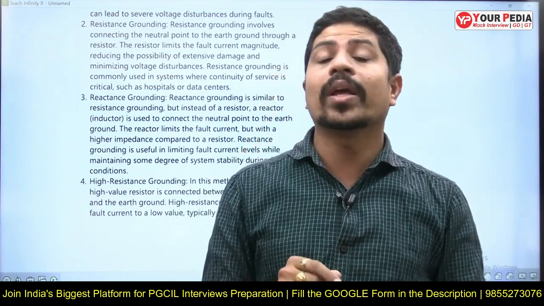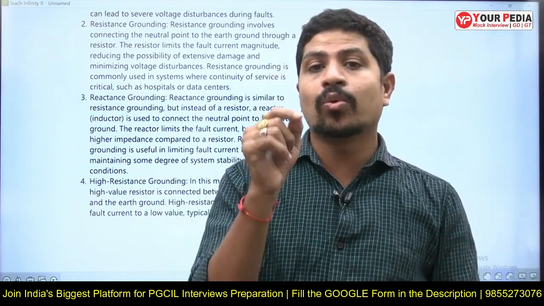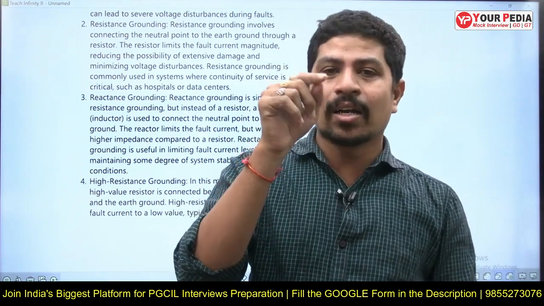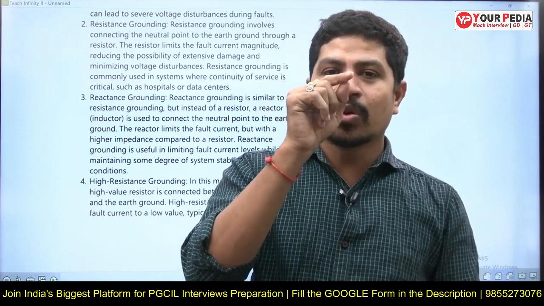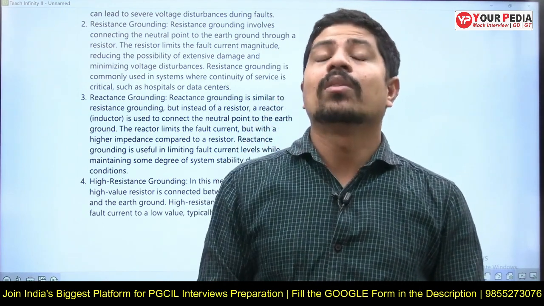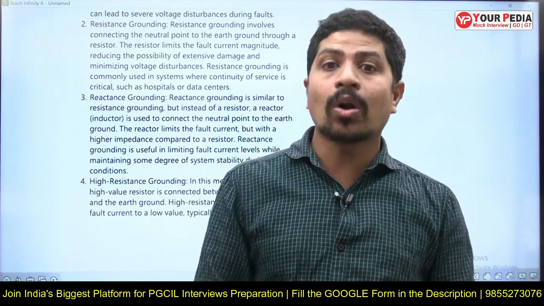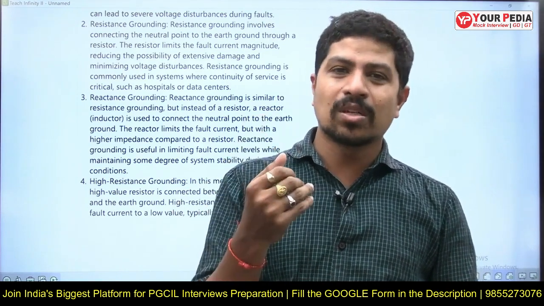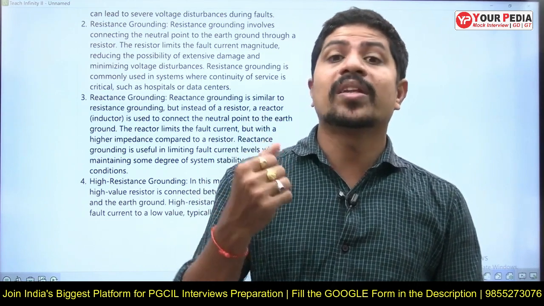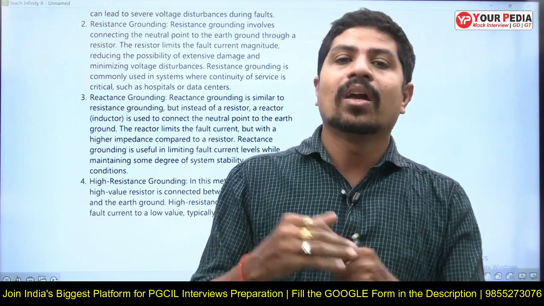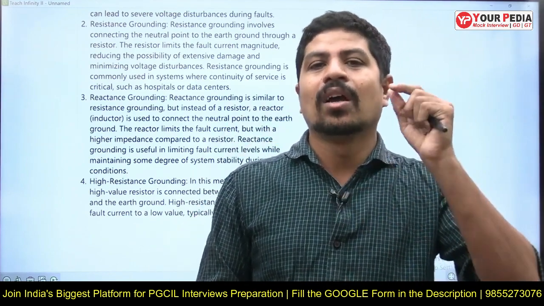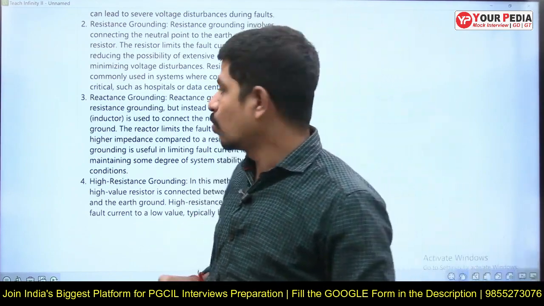Second one is resistance grounding, which is preferred for a synchronous generator to improve transient stability. Third one is reactance grounding. See, I am connecting an inductor from neutral to ground. Instead of inductor, I call it a reactance from neutral to ground. This is used mostly for synchronous motors. Why? Because most synchronous motors are overexcited. An overexcited synchronous motor will supply reactive power. Due to that, there may be a rise of voltage. To consume that reactive power, we connect this reactance grounding to the synchronous motor.